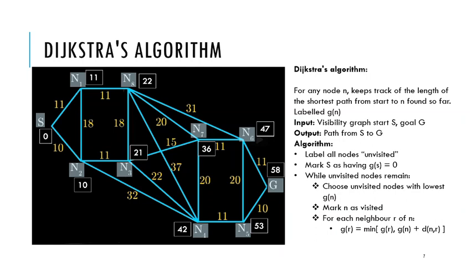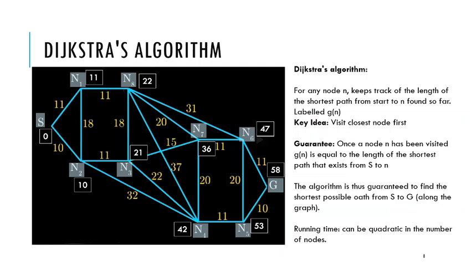So this is how Dijkstra's algorithm works, and the key idea basically is to visit the closest nodes first. As you start going away from the start, you always visit the next node that is closest to you. Okay, so when you do this step in the algorithm, you mark a node as visited, like all these, and the algorithm guarantees that at that point, the length of the shortest path you have found from the start to the node is the shortest. So there is no path that has a shorter length than this one.